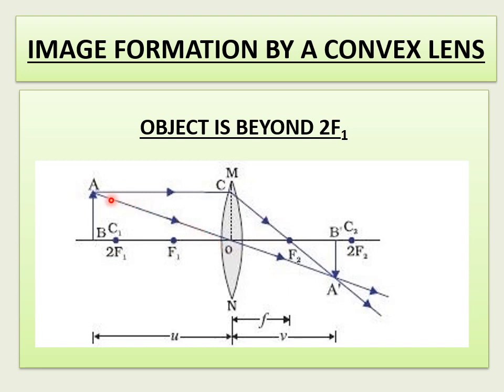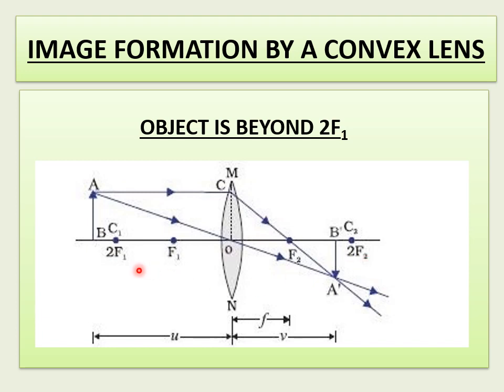And one more rule I have taken here. A ray through optic center. What is the condition there? A ray through optic center goes undeviated or it goes straight. So it is going straight in this way. So these two meet at one point. So this intersection point we have to consider. To that you have to draw the perpendicular to your principal axis. Now, you are observing it is B dash and A dash. And you found the image formed is between F2 and 2F2.